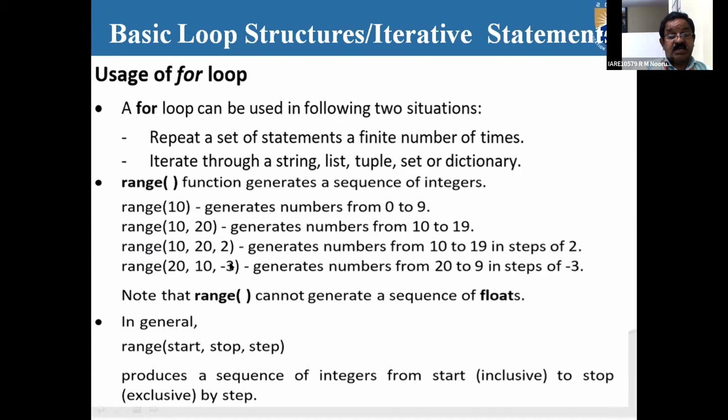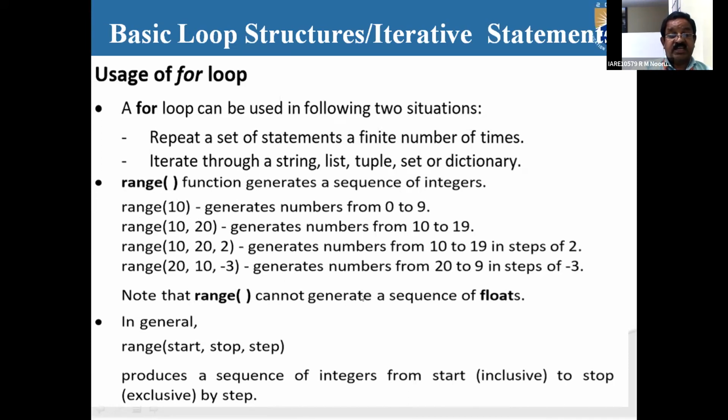With a negative step, it is decremented. So here you have taken the beginning as 20 and the ending as 10, and it is going to be decremented by 3. Like that you are going to make use of the range function: with just a stop value without mentioning begin, end, and step; with beginning and ending and a positive step; and with beginning and ending and a negative step. These are the various forms you are going to make use of.